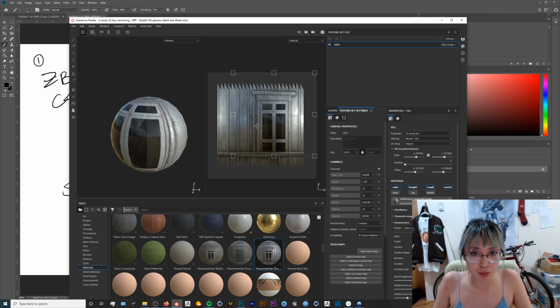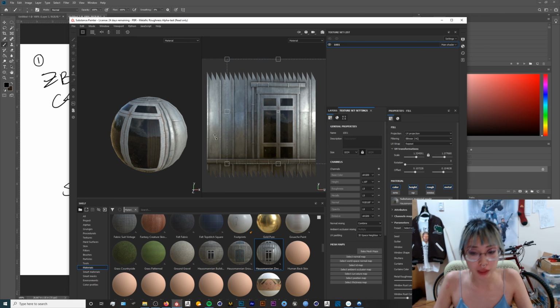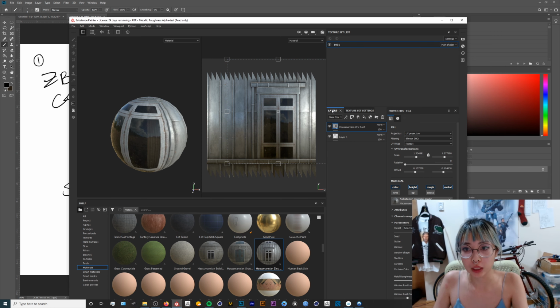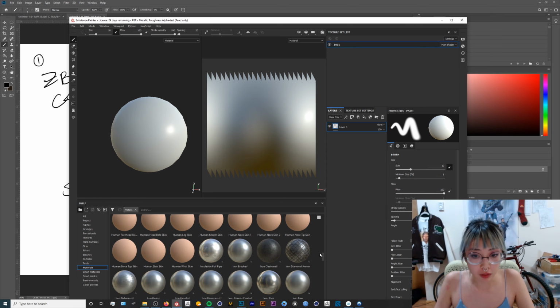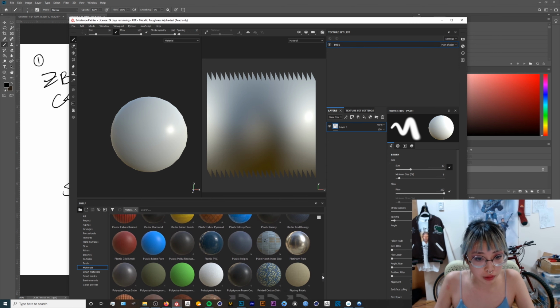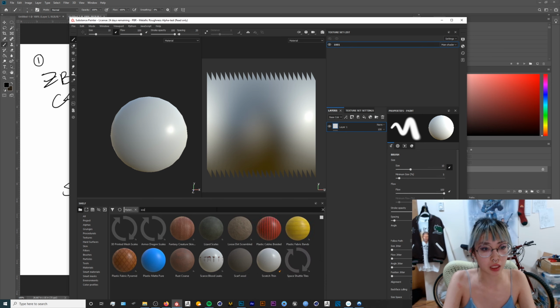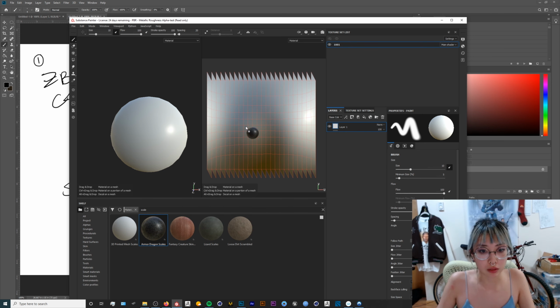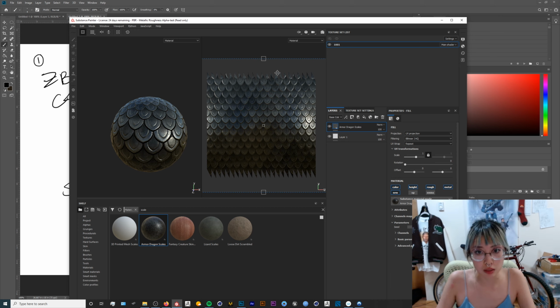But as you can see, this program allows you to slap cool textures on it. And it works like Photoshop, so you can see the layers right here. And for the sake of example, this is probably how I made that dragon for my recent job. I used something called Scale, Armored Dragon Scales, of course. Yes, I used this. So you can see how you can make it smaller,